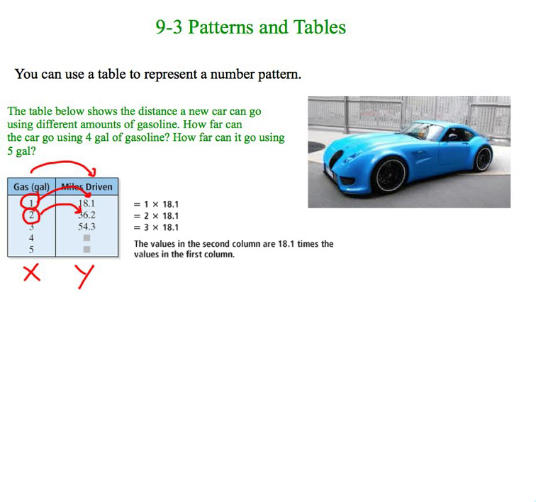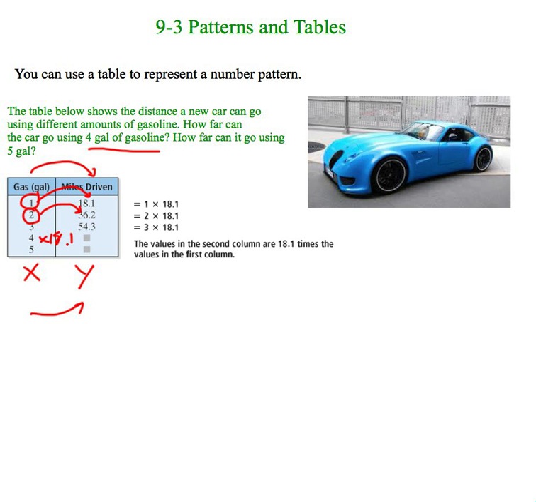The relationship is always from X to Y. It's never Y to Y to Y to Y to Y or X to X to X to X. It's always how do we go from X to Y. Once we know how we do that, basically we can find any value. For any value of X, we can also find the value of Y. Now in this case, it's asking us how far does it go on 4 gallons of gasoline? Well, 4 is our X value. We multiply that by